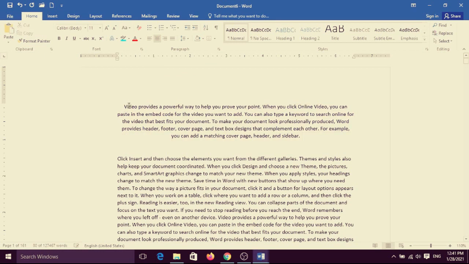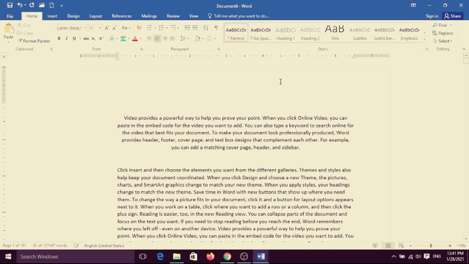Suppose once again I want to type here, select first left and type here Sunbeam Academy and select your text and click on center. It will be in center align. See now it is in the center position of the page. Okay, or you can write also. It is on the right side and it is on the left side and it is in center position.